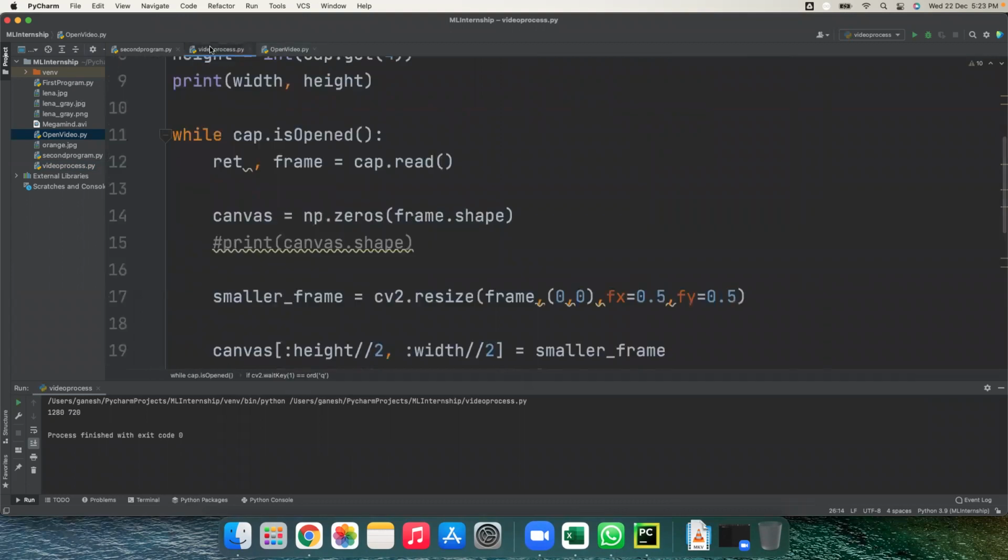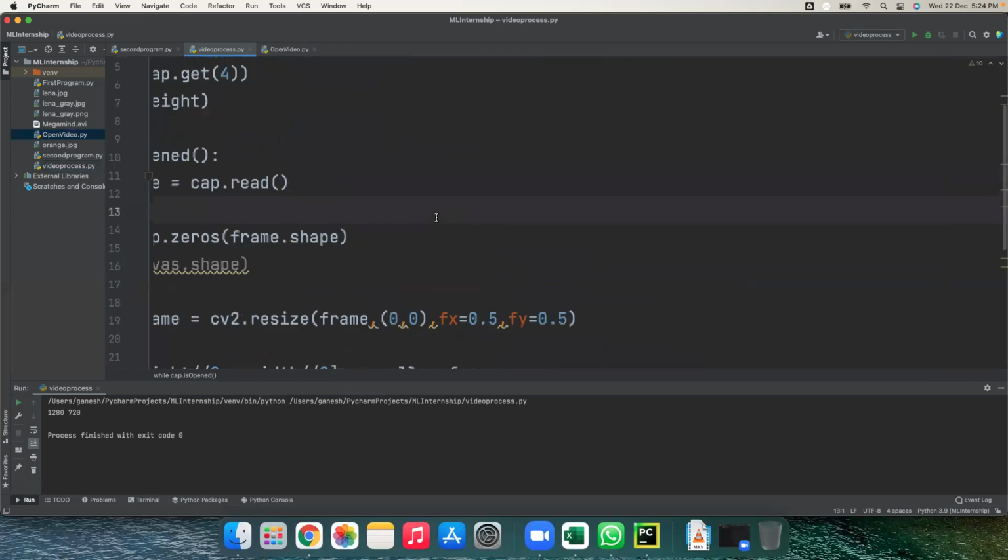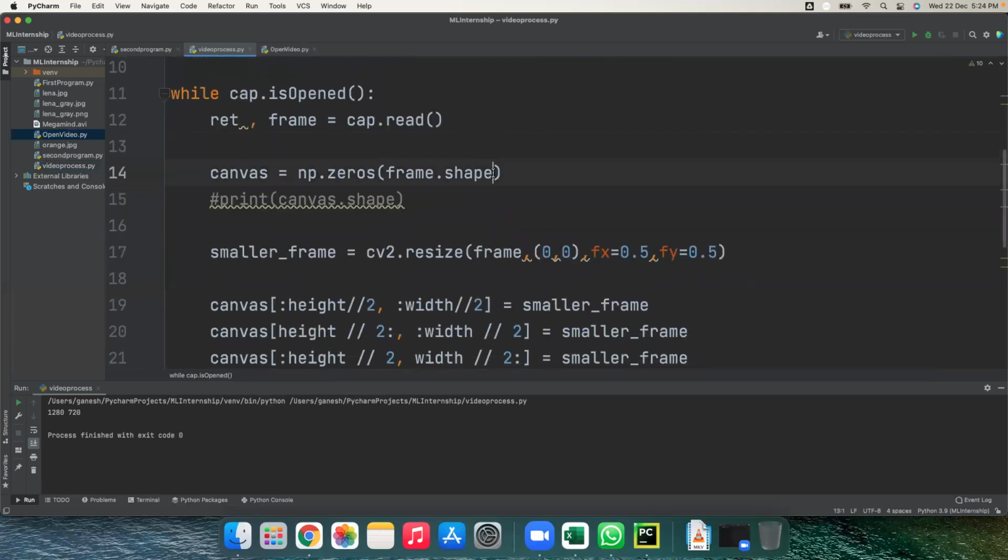Oh yeah, yes, I got where I have made a mistake. So here it should be np.uint8. Actually we are not defining the type of the particular pixel. While creating the zeros, we have given the shape, but we are not giving the size of the pixel.